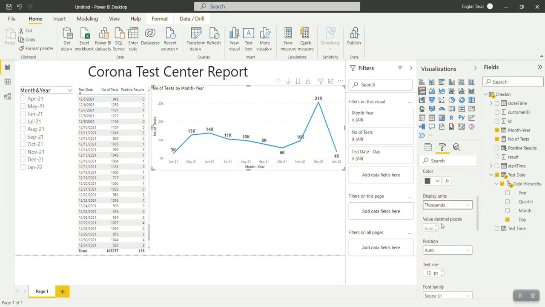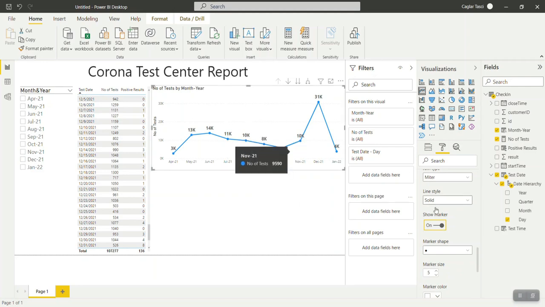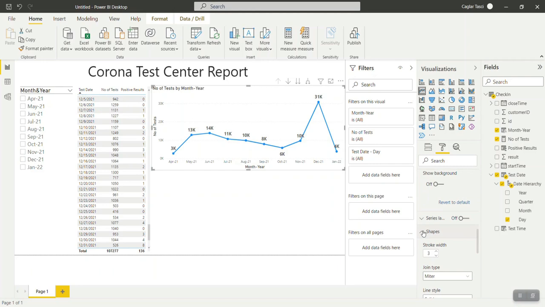And I will go on to the decimals. So I will add 1 decimal to it, and so now I can see more information around this. With this, I will go back to shapes, and I will start the stepped option. So this makes this chart more like a waterfall chart or a candle shape chart. So this is something that I really like.